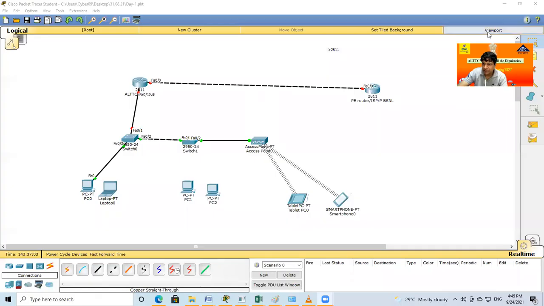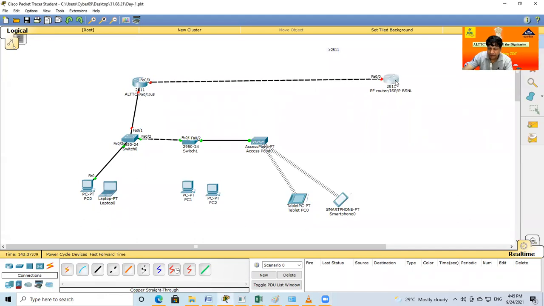So hopefully all of you are able to select the devices and make such a diagram on your laptop or PC. If you have any doubt regarding selection of the devices and the connection of the cable, you can ask me. You can also share your computer or laptop screen and discuss here, no problem. Anytime you can stop me and share your screen and discuss with me.